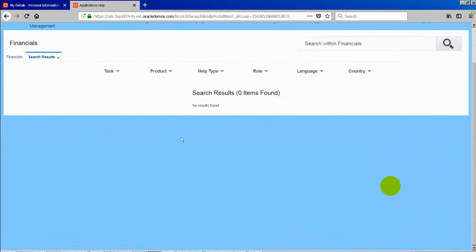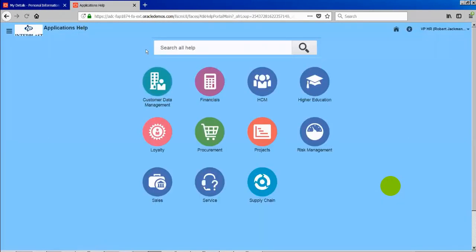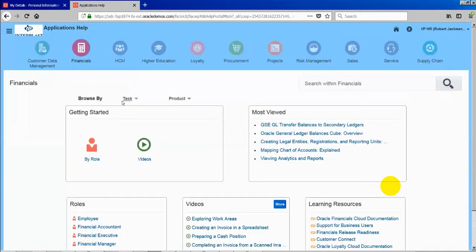This help feature is very much enriched in release 13 onwards. Till release 12, it was not good at all, I would say. It's not as good as what we are seeing here. It is a help page which is very user friendly, and we could definitely use it as and when we need help.